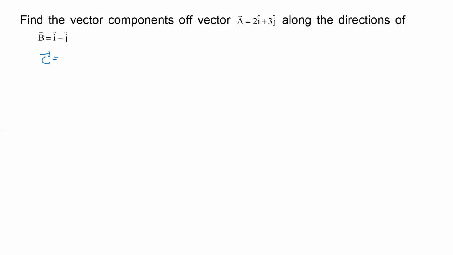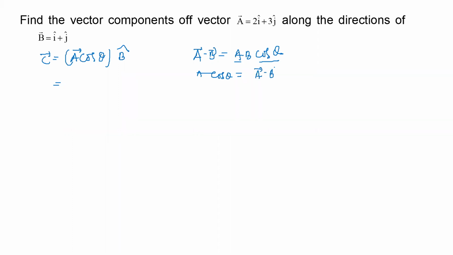That could be A cos theta, which I could get as one component in the direction of B, so that's why multiplying B. How to find A cos theta? Students, you know A dot B is equal to AB cos theta. A vector dot B vector is equal to magnitude of A times magnitude of B cos theta. I want to find only A cos theta. Then what I have to do to find A cos theta, students? I have to take the dot product A dot B divided by the magnitude of B. By taking that, I could get A cos theta.